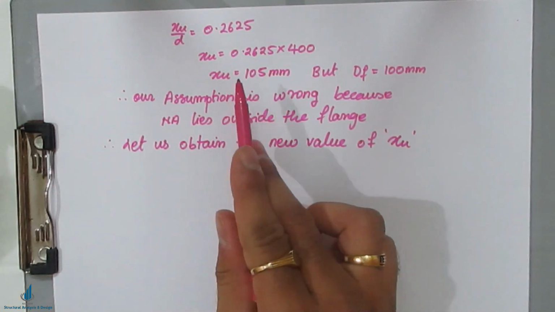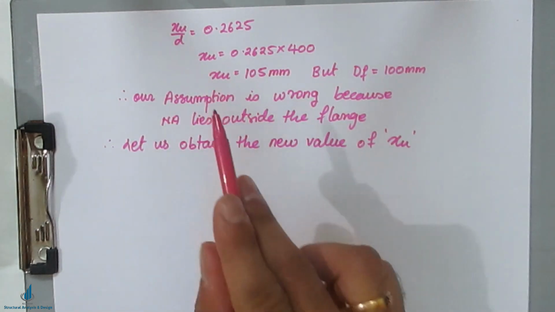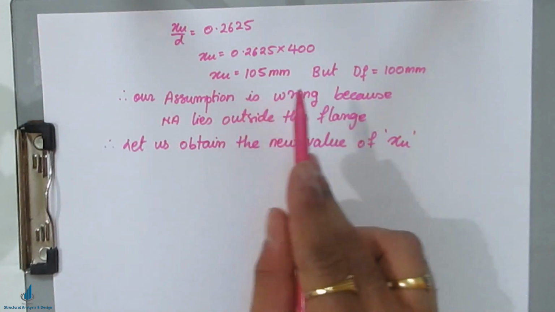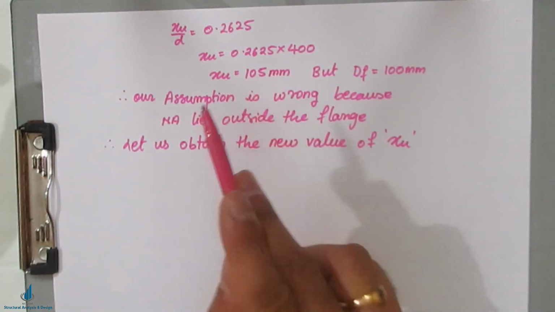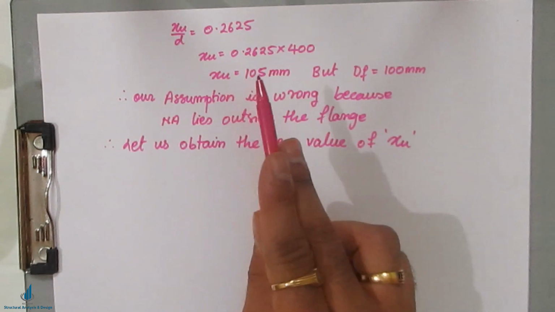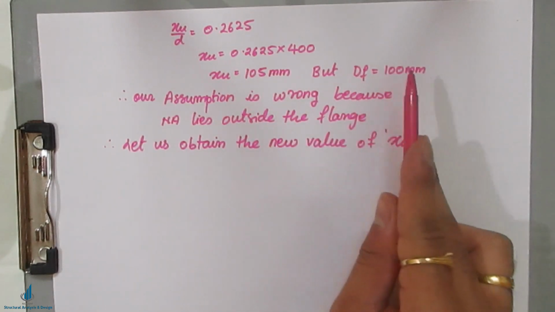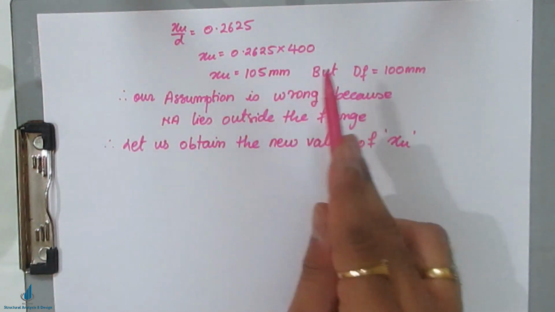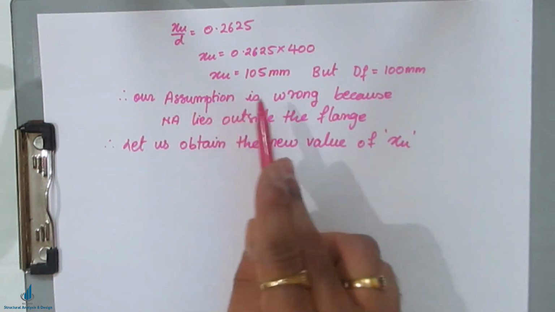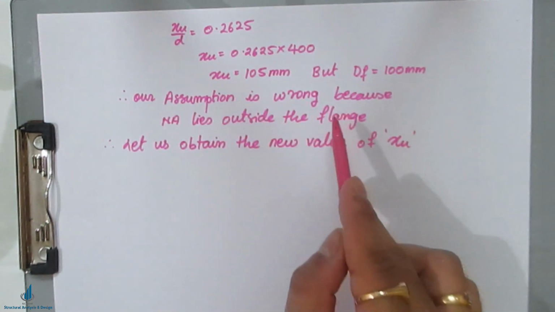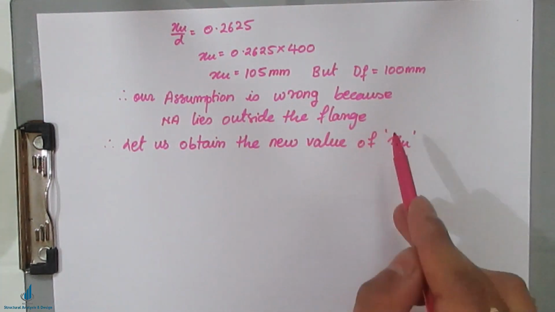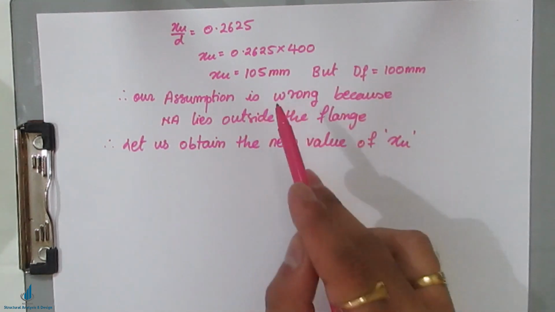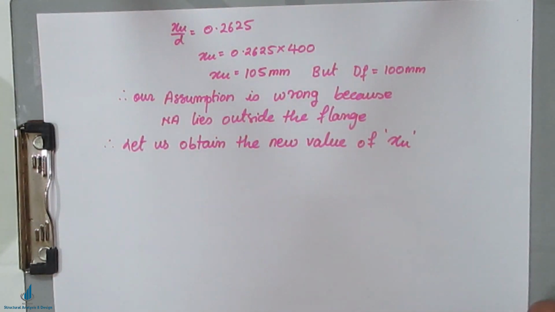This XU was based on the assumption that the neutral axis lies inside the flange, but it was found that the neutral axis lies outside the flange, because the XU value was 105 mm and our Df value is 100 mm. So 105 is greater than 100, therefore the assumption is wrong. Now let us obtain the new value of XU, because this assumption was wrong. That's why again we have to calculate once more the value of XU. How? By